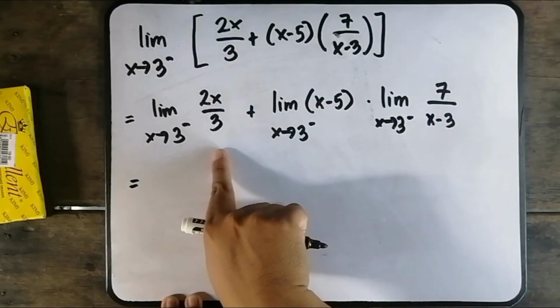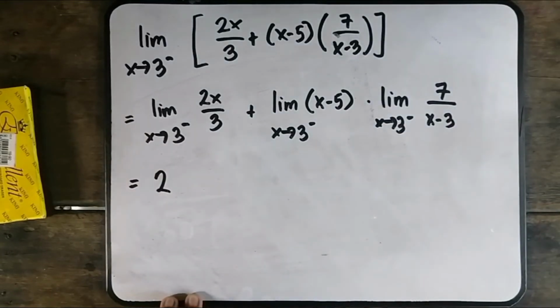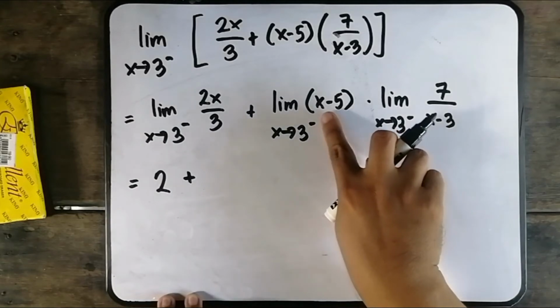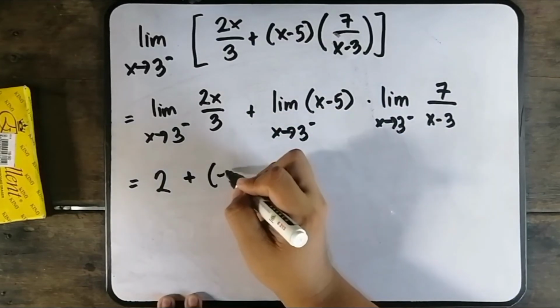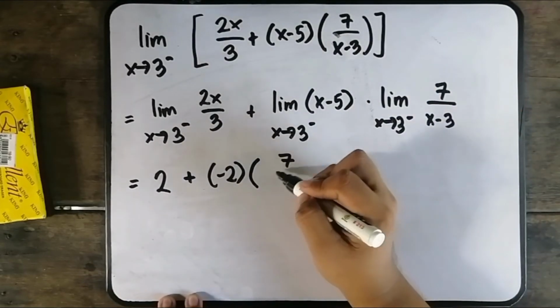So the limit of this is 2 times 3 over 3, so that is just equal to 2, plus, the limit of this is 3 minus 5 is negative 2, times the limit of this is 7 over